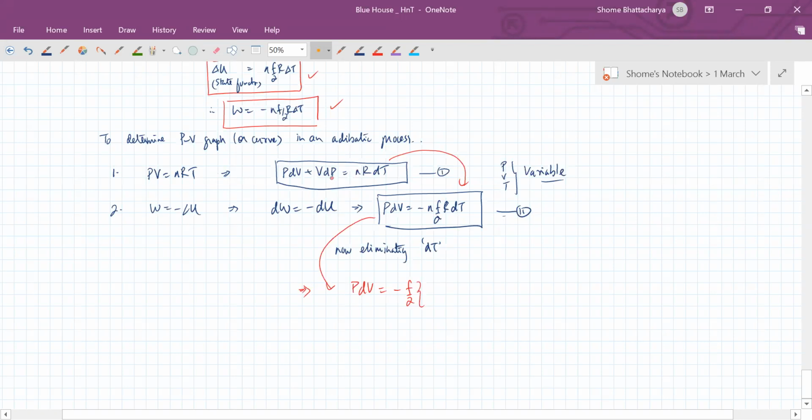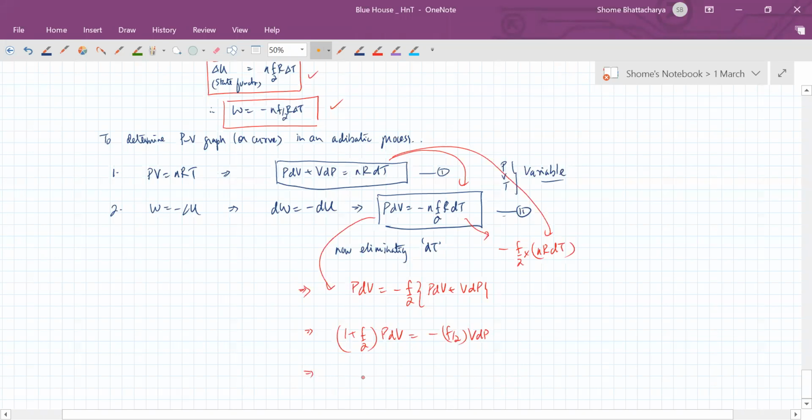So from here you can see nr dt. This term is minus f by 2 into nr dt. So this nr dt can be substituted from here, from this equation onto this. And this becomes pdv plus vdv. So you can see that we get 1 plus f by 2 pdv is equal to minus of f by 2 vdp,